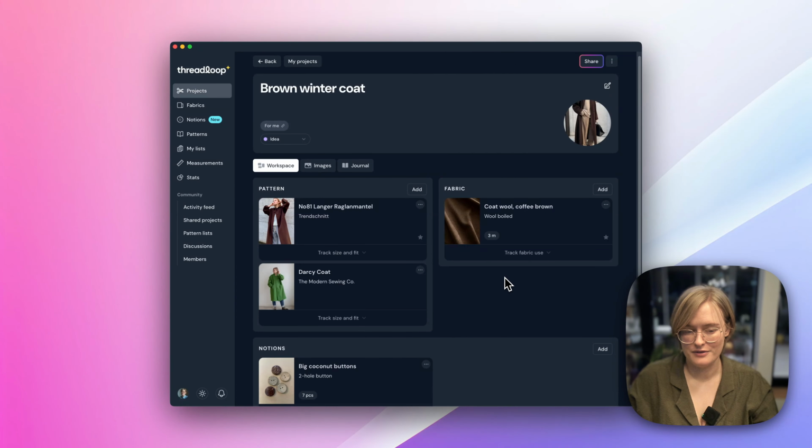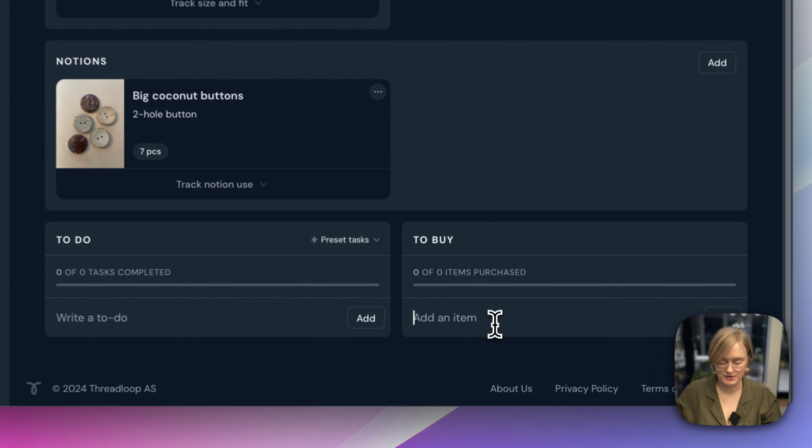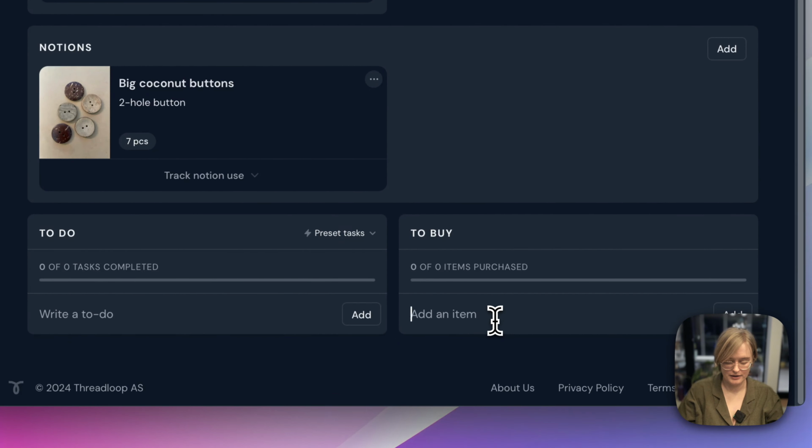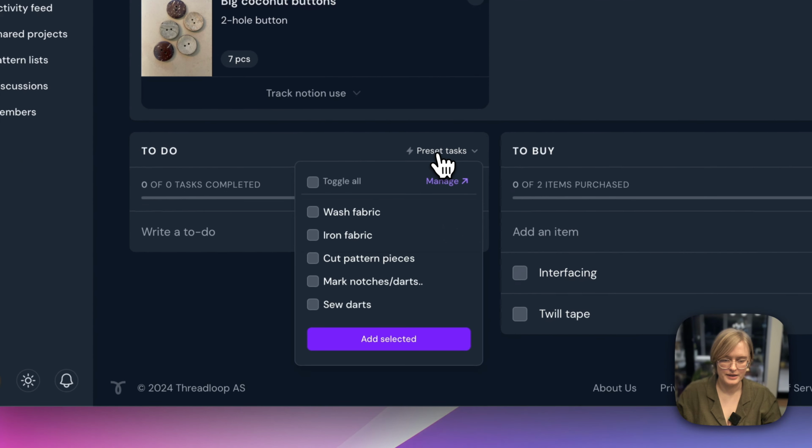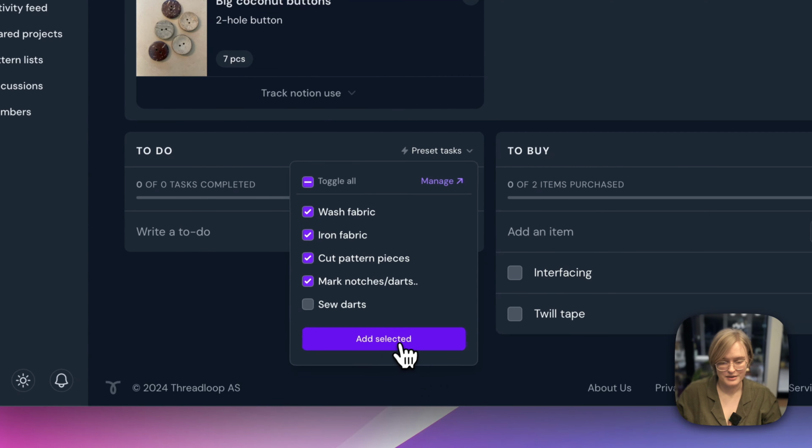I know that there are a few things I need to get this project going, so I'm just going to write down a few things I need to buy, like interfacing and twill tape. I'll also go ahead and add some to-dos, some standard ones,